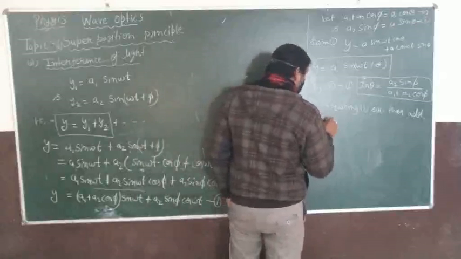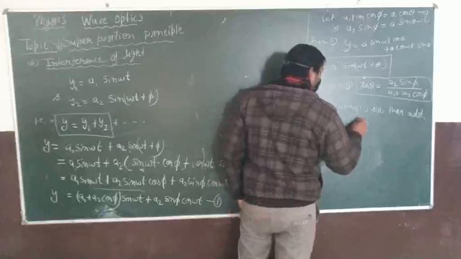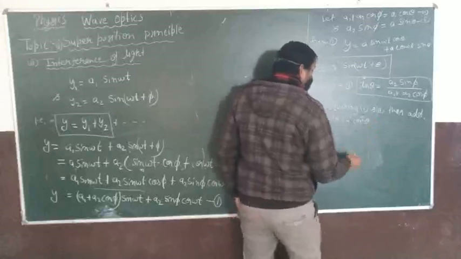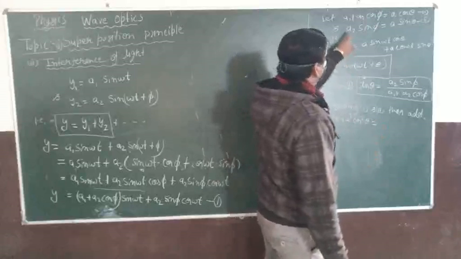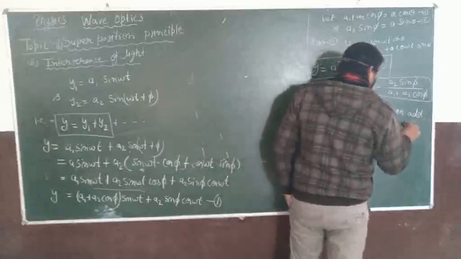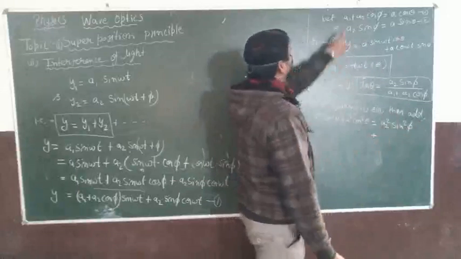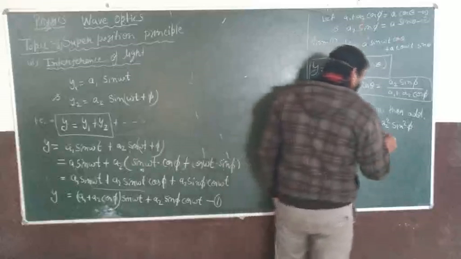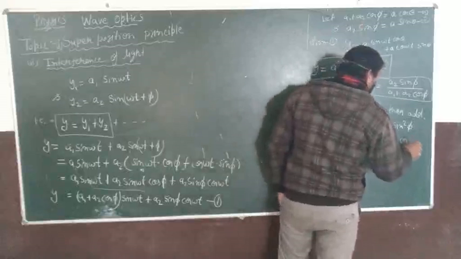A square sin square theta plus A square cos square theta is equal to A2 square sin square phi plus (A1 plus A2 cos phi)